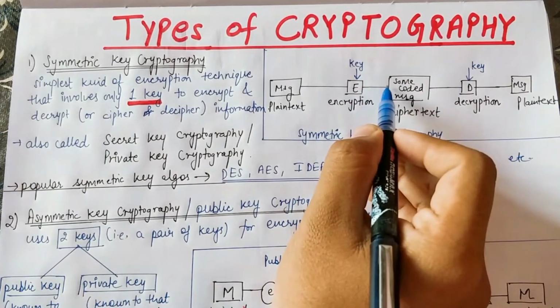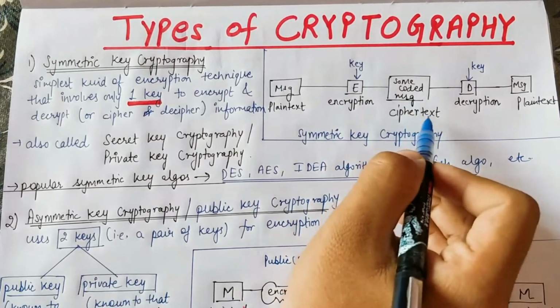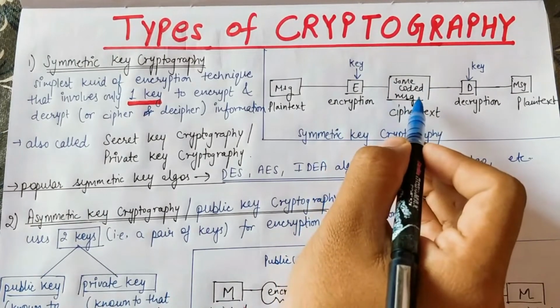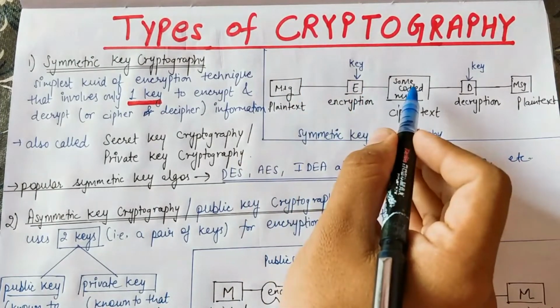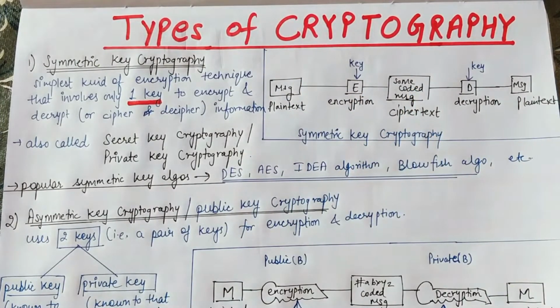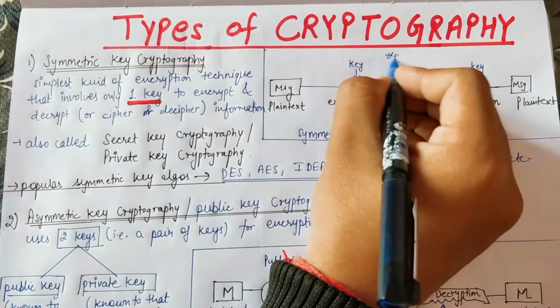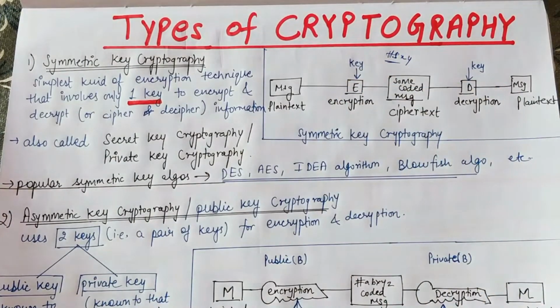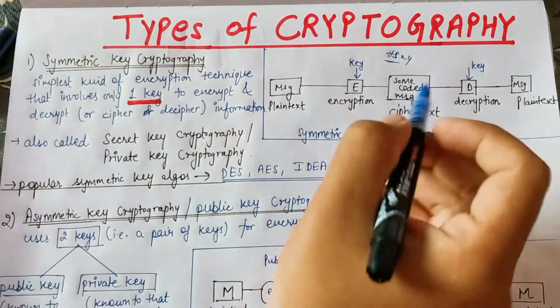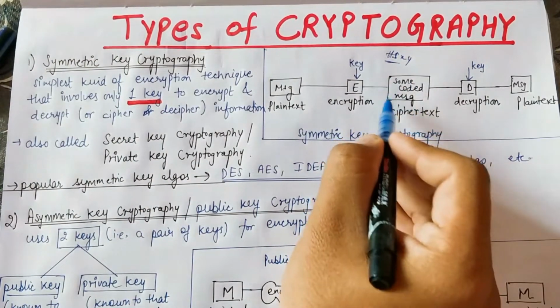And then the message which will be converted is called a ciphertext. That is, it will be a coded message guys, right? If you are sending hi, hello, how are you, so after encryption the message will appear in some unreadable format, right? It can be hash $x$y. Okay, it can be anything which cannot be understood by us, that is humans. So that will be a ciphertext, that will be a unreadable format message.